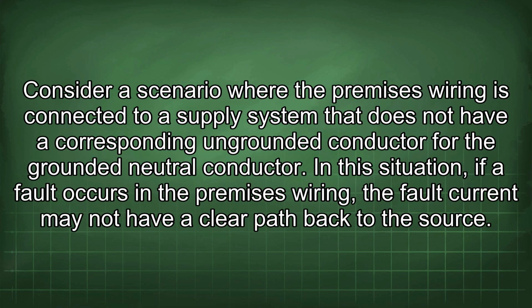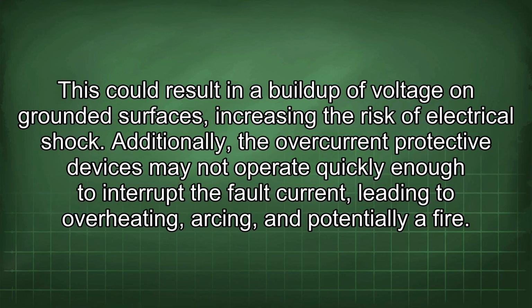Consider a scenario where the premises wiring is connected to a supply system that does not have a corresponding ungrounded conductor for the grounded neutral conductor. In this situation, if a fault occurs in the premises wiring, the fault current may not have a clear path back to the source. This could result in a buildup of voltage on grounded surfaces, increasing the risk of electrical shock. Additionally, the overcurrent protective devices may not operate quickly enough to interrupt the fault current, leading to overheating, arcing,